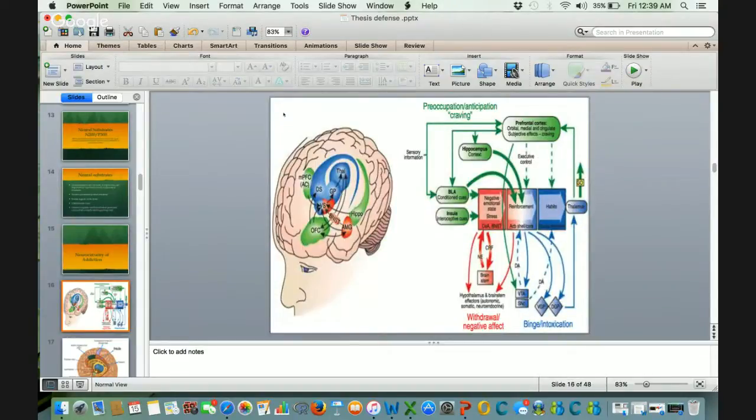So in addiction, again, the regions involved, everything goes from the prefrontal cortex and goes through executive function. The components of executive function are the key determinants for exactly, are we able to inhibit this response, or are we going to let the stimulus drive us? An example of this